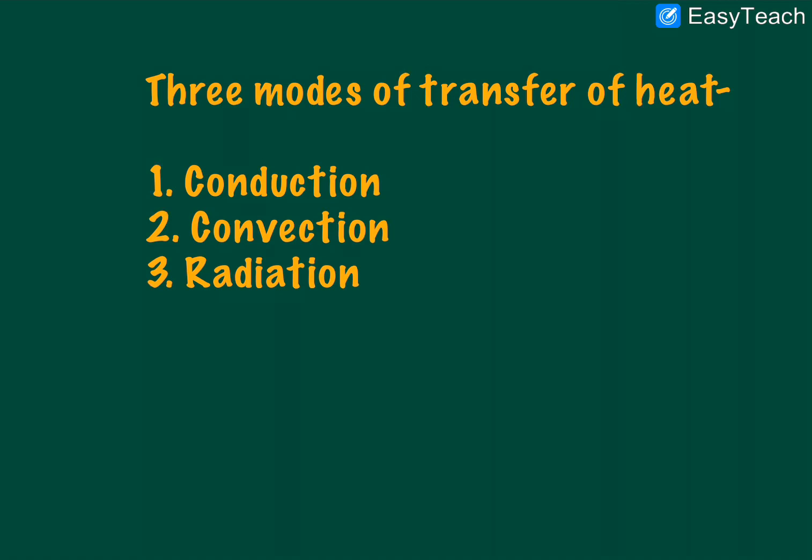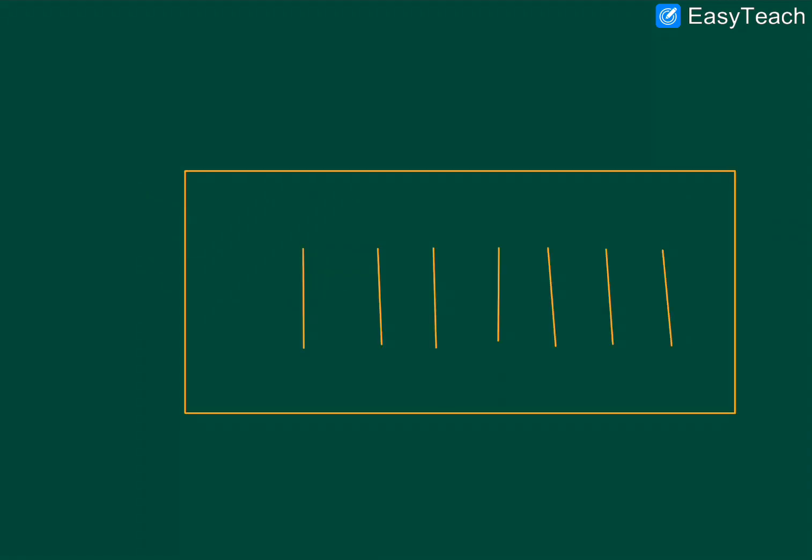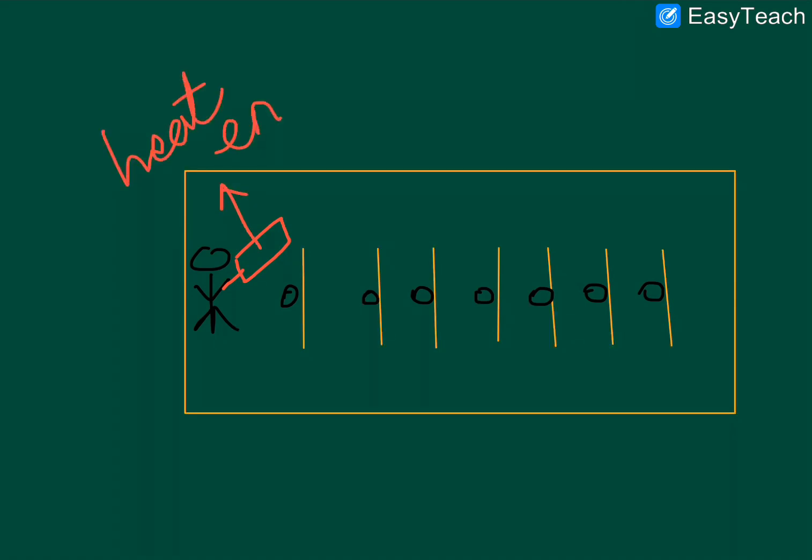Let us talk in this part about conduction. This process can be easily understood by taking the example of a class where the teacher is standing in front of all the students, who are sitting in a single row, one behind the other and very close to each other. The teacher wants to pass a packet, let us consider it a heat energy packet, to all the students, and she wants this heat energy to reach each and every student.